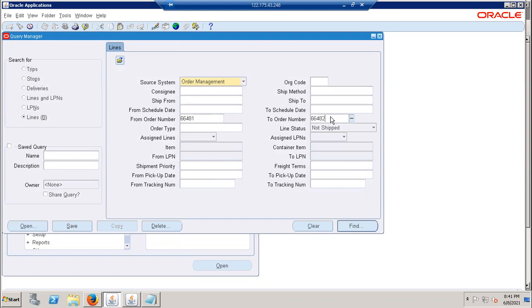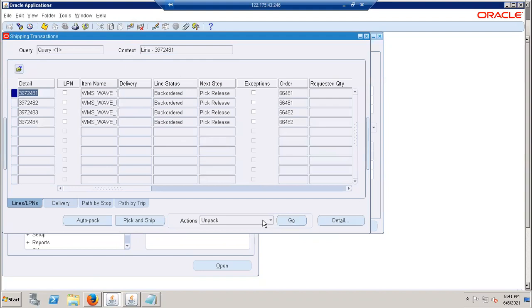Fine. Just select all and do launch quick release. I think it will come after some time.